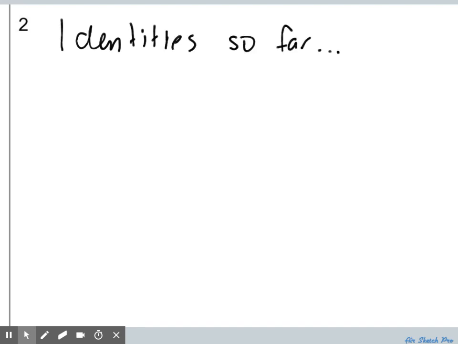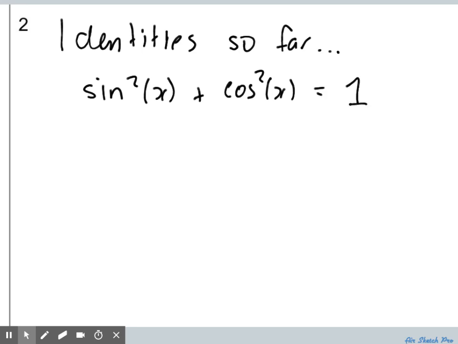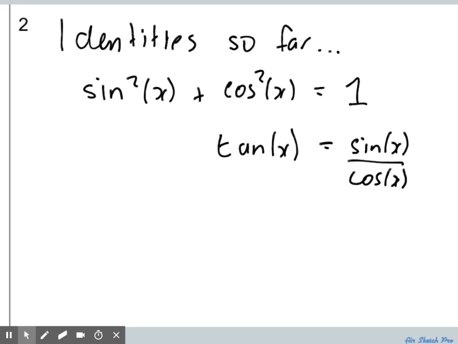We've really only looked at two. We've looked at this one here, which is that if I take the sine of an angle and square it, and then take the cosine of the same angle and square it, then the result is always 1. And the other identity we've looked at is that the tan of an angle is exactly equal to the sine of that angle over the cos of that angle, like so. So these are identities, and by identity we mean that for any input to those functions,